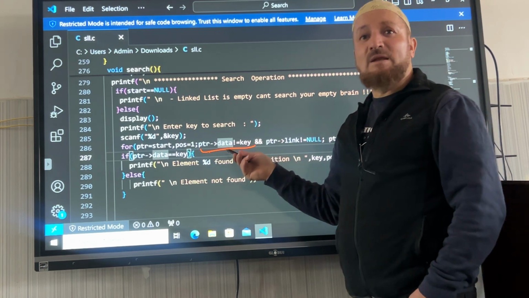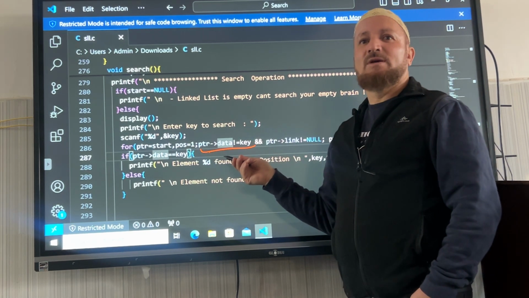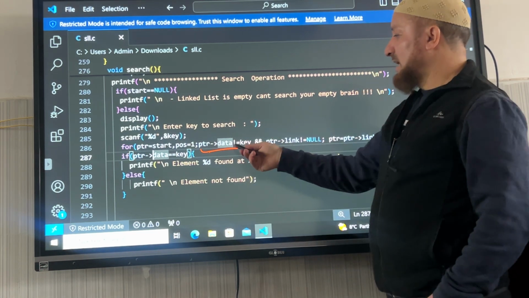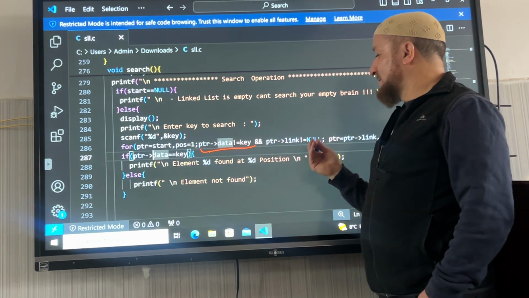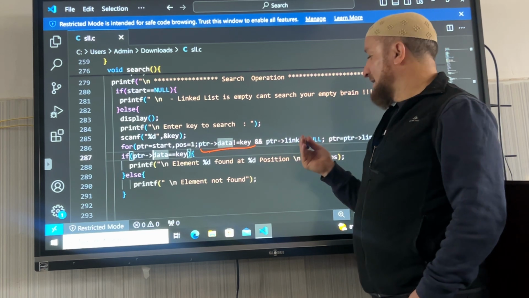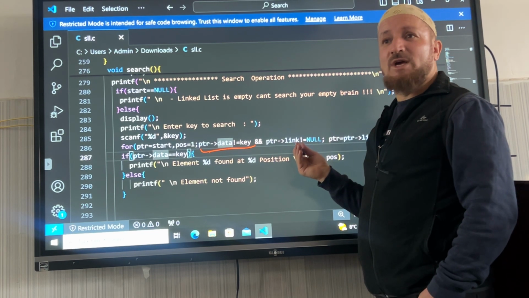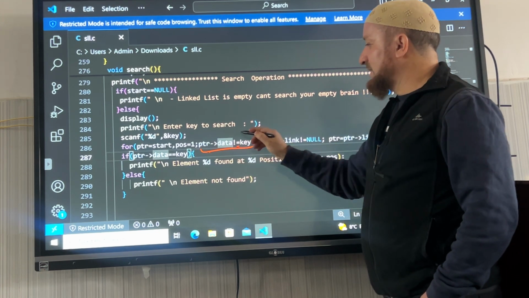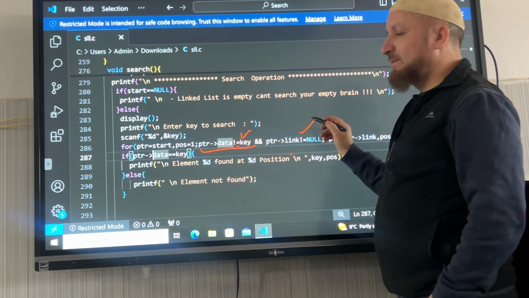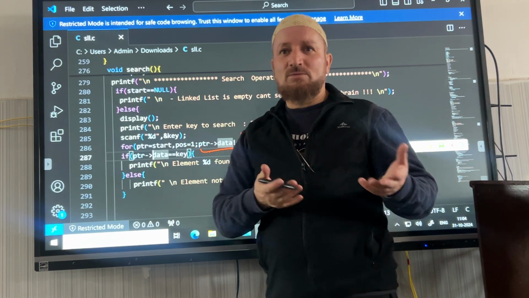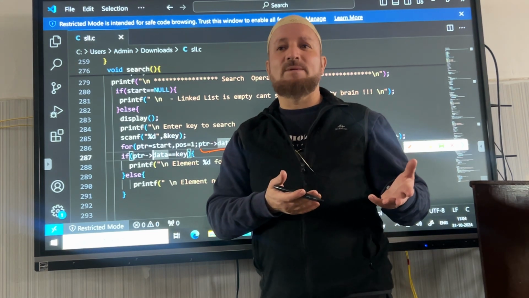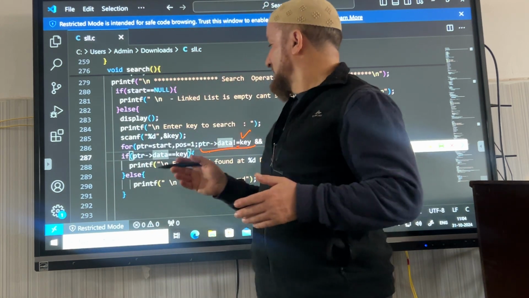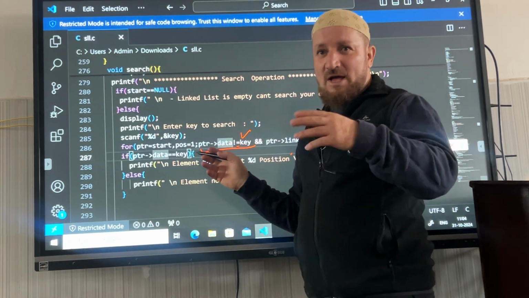या तो ये कंडीशन फॉल्स हो जाएगी कि ptr डेटा नॉट इक्वल टू की। अगर मिल गया, दैट विल बी इक्वल टू की, है ना, तो ये कंडीशन फॉल्स होगी, बाहर आएगा। या अगर नॉट की के बराबर नहीं है और लास्ट में नल मिल गया, तो ptr लिंक नल है, नॉट इक्वल टू नल फॉल्स हो जाएगा, उस वक्त भी बाहर निकलेगा। तो दो सूरत में बाहर निकलेगा, या तो बंदा मिल गया या नल मिल गया। अगर नल मिल गया तो भाग गया। उसका मतलब क्या है? नल जब मिल गया, एलिमेंट इज नॉट फाउंड। अगर हमारे पास की के बराबर है, एलिमेंट इज फाउंड,